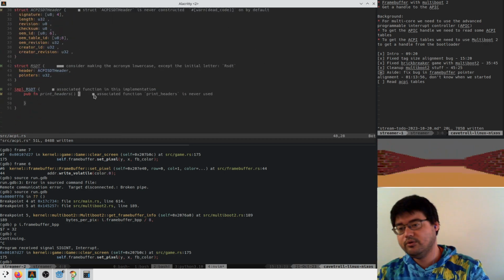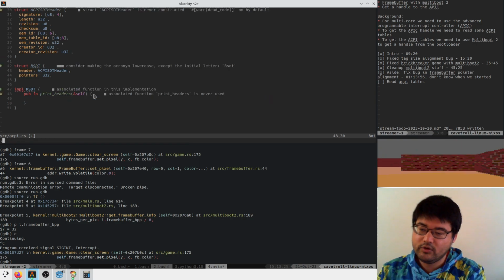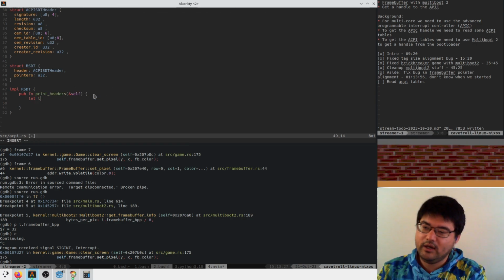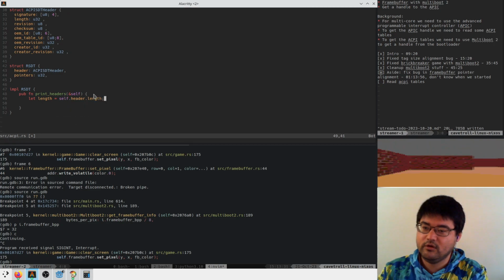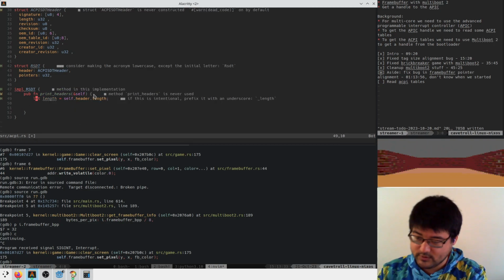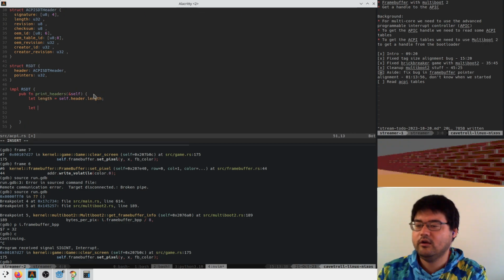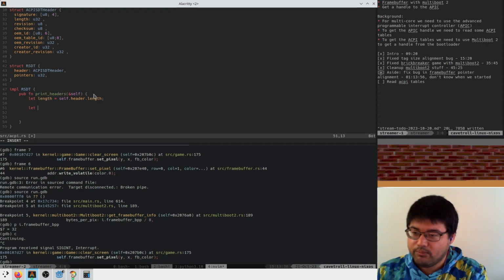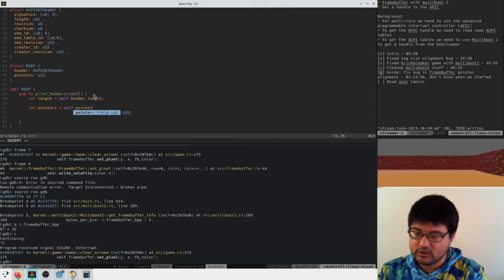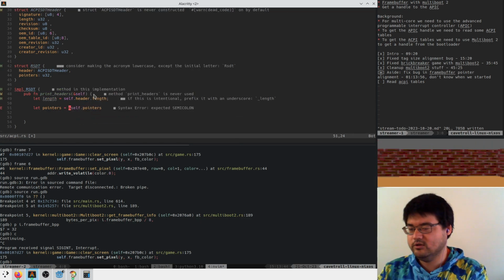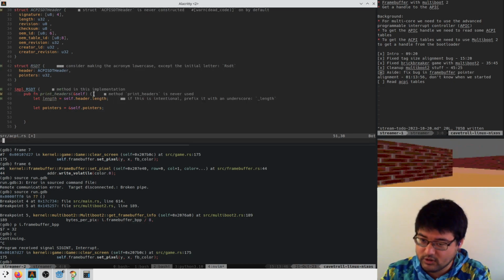He's going to take in himself. He's going to say let length equal self.header.length. I guess we don't have to do that. And then we'll say let pointers be self.pointers, but instead of being a u32, it's going to be the address of the u32.